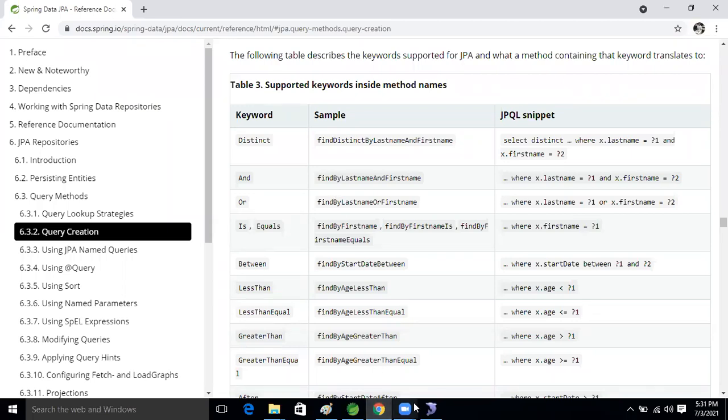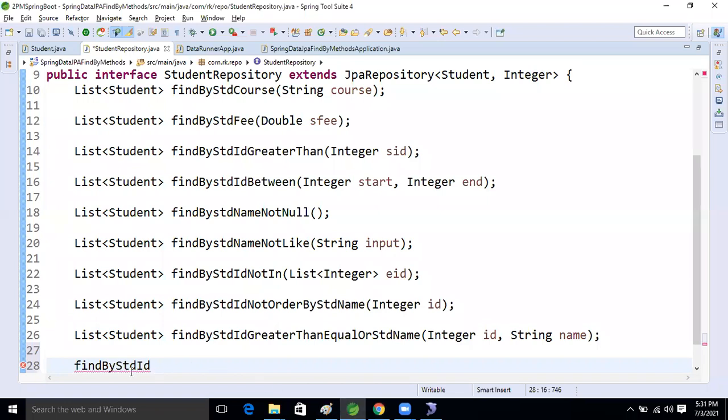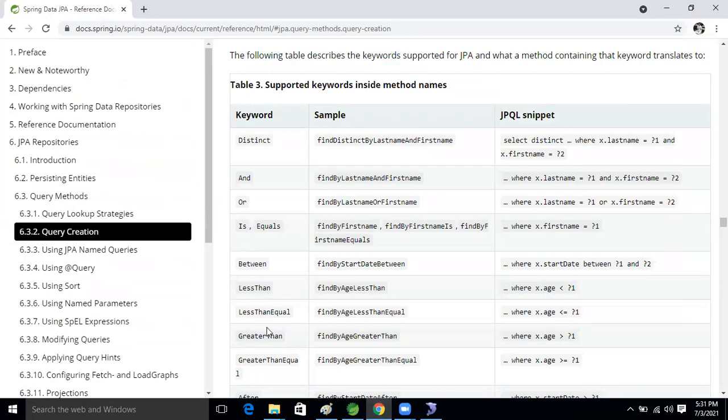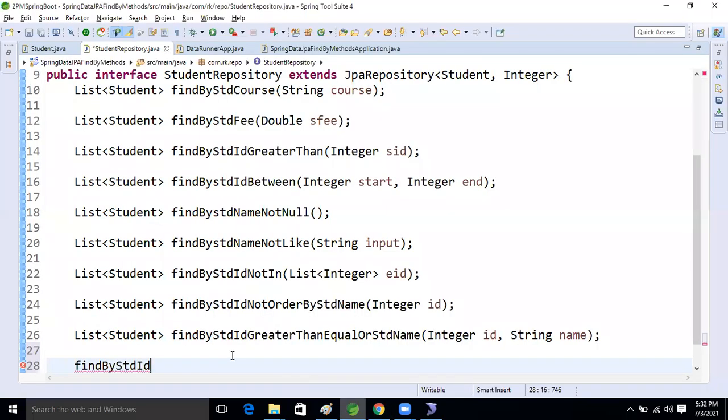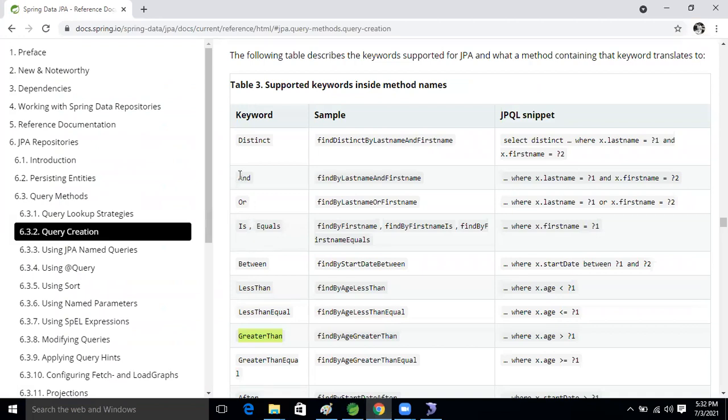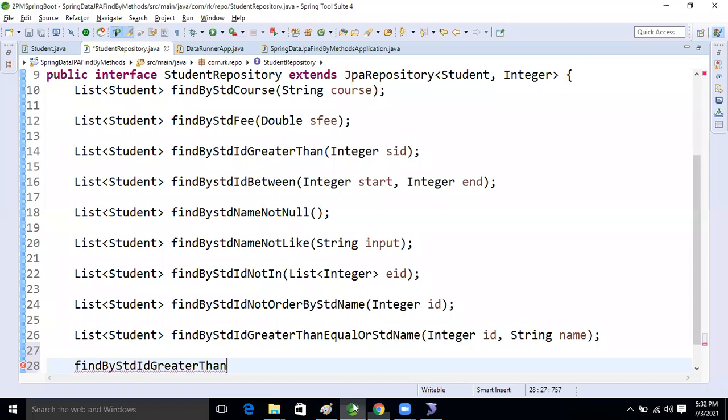By ID, right? Student, based on that ID we taken. Student ID we are taking. Now after then, what we will take? Greater than. Let's take the greater than operator, right? Now come here, paste it. After then, and operator. Take the and operator also. Copy this one, paste it.